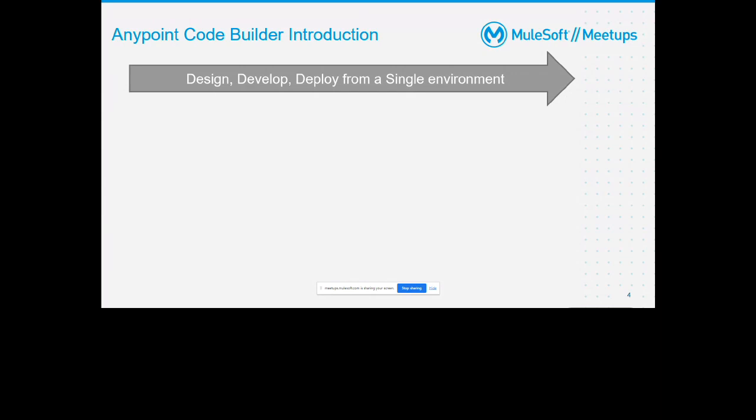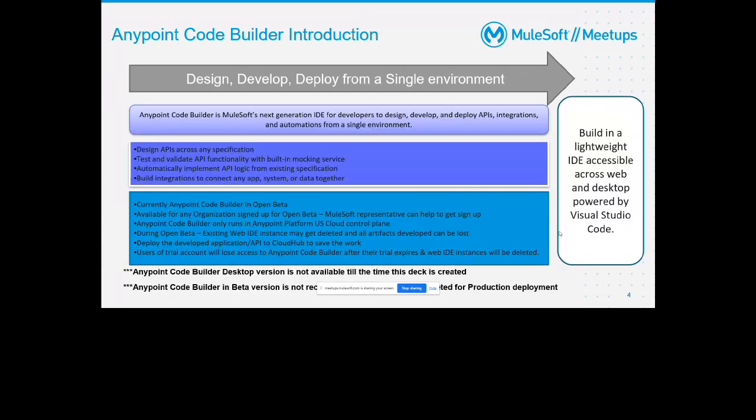It's not recommended to use at this moment for any of your production-ready code. If you are targeting to deploy code in your production for your actual business purpose, don't use Anypoint Code Builder for that at this moment. But very soon MuleSoft will launch their GA version, and then we can use it for our real development. Till then, I think